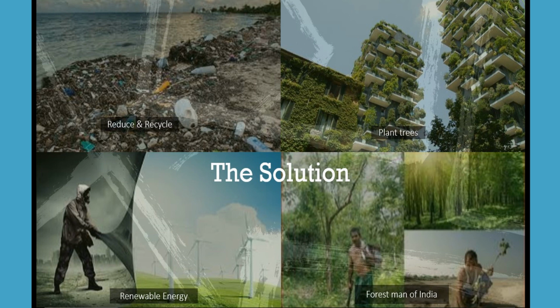And then we have in India a person called Jadav Payeng. He is also called the Forest Man of India. He has on his own planted a forest in an area of 2.12 square miles. At an individual level, he has done something worth appreciating. So if individuals can do something so big, we as a society, or even a small society, can really do wonders.